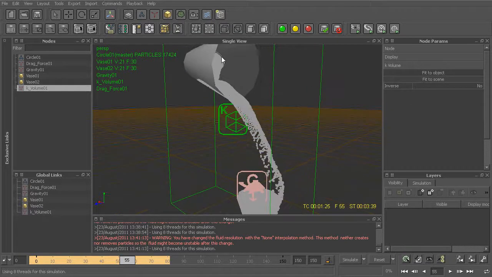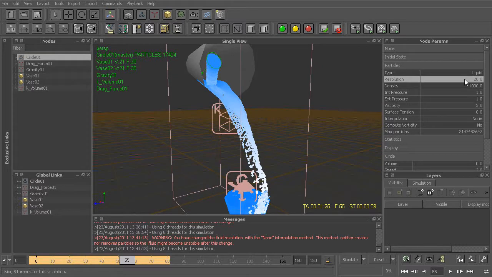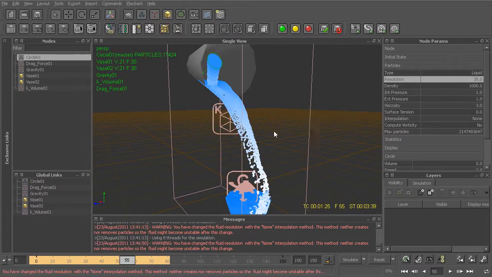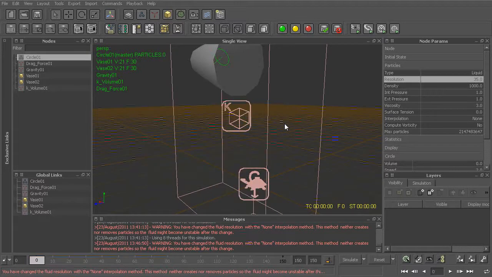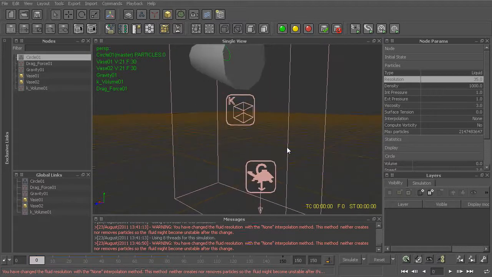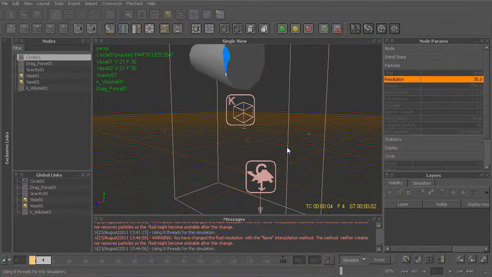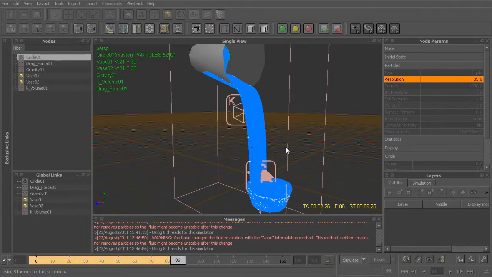So for my final simulation, I'm going to take my resolution and bump that up to something between 30 and 40, so I'll go in the middle, start with 35 here. And again, Control A to reset my simulation, and now A to simulate again. Okay, and then once this gets to a certain point,